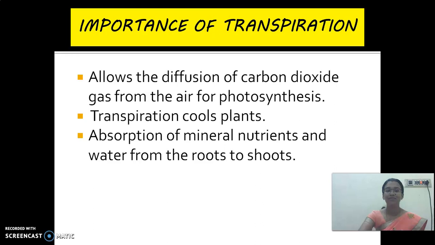The same here, look, transpiration keeps the plant cool. The transpiration process cools the plant and allows the diffusion of carbon dioxide gas from the air for photosynthesis. You all know that plants take in carbon dioxide and give out oxygen. So, the carbon dioxide which is absorbed by the plants is diffused. They are in gaseous form. They are converted into liquid form with the help of water. They are mixed with the water. And